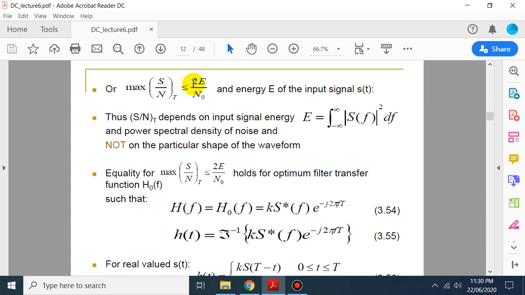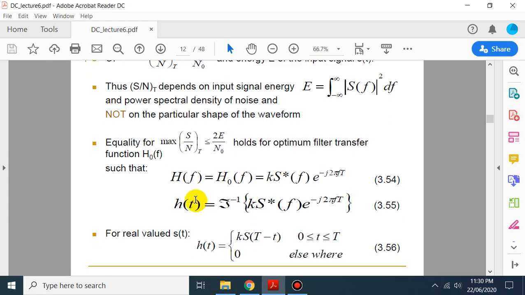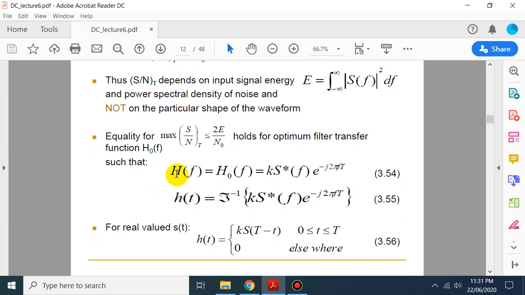Now see here, this E can be found using the integral of mod S of f squared df. This is the energy E of the input signal. We can find the energy E of the signal using this, and you see here that the signal to noise ratio does not depend on the particular shape of the waveform. So equality for the maximum signal to noise ratio holds for the optimum filter transfer function H naught of f. For example, we consider H of f equal to H naught of f, that will be equal to